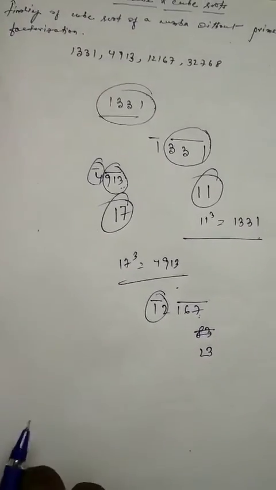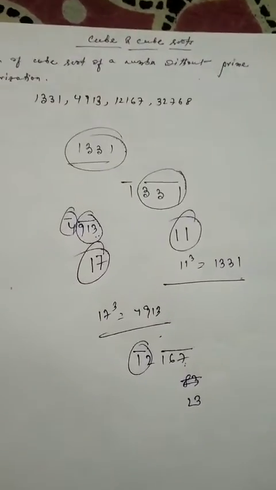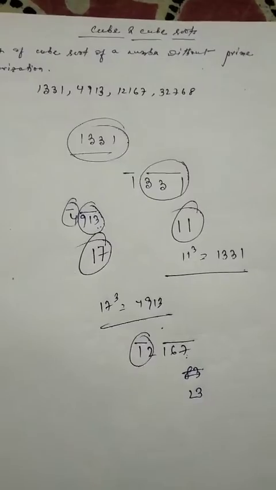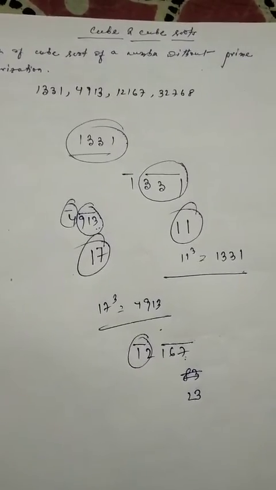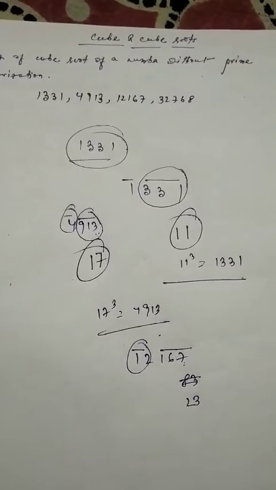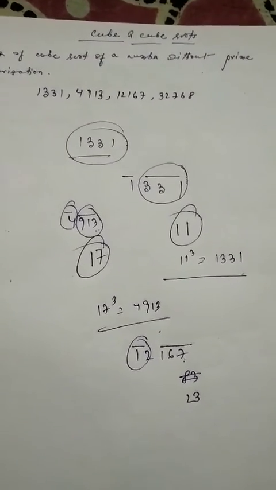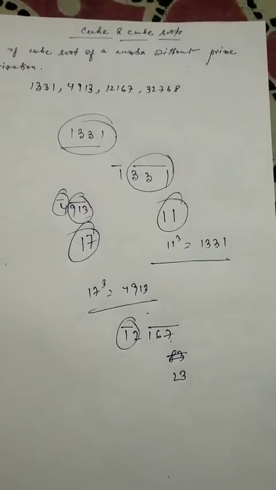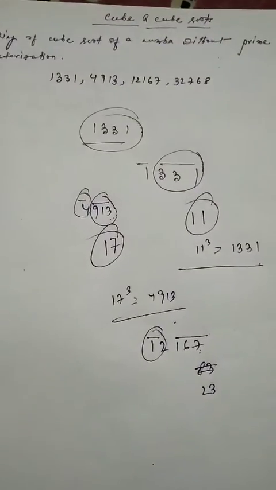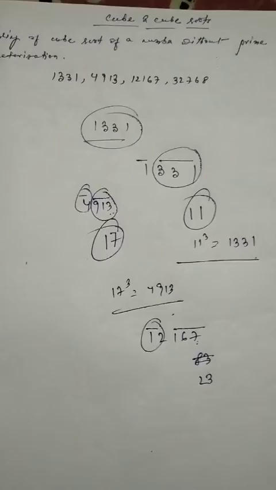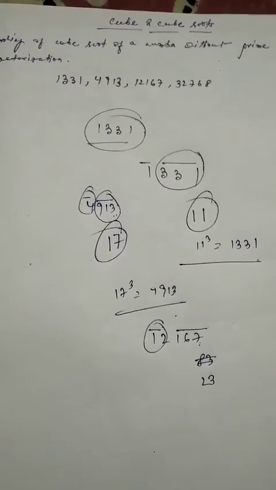So children, this way we find the cube root of these numbers. I believe that you will try it out. I'm giving you a task. You will take 10 random numbers, your own, and you have to find the cube root of those numbers by using this method. And I'll be giving you some assignment today to solve. Once we complete it, today we are over with this particular chapter, and right from tomorrow onwards, we'll start a new chapter.